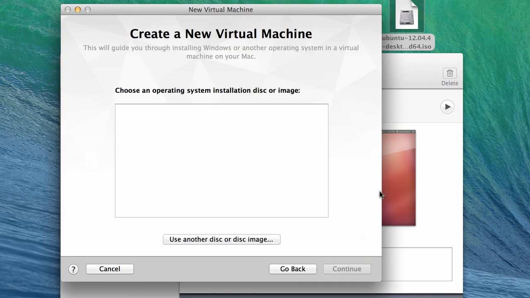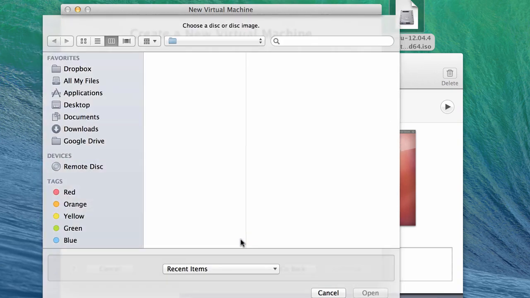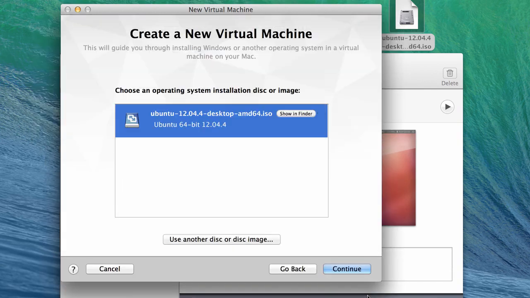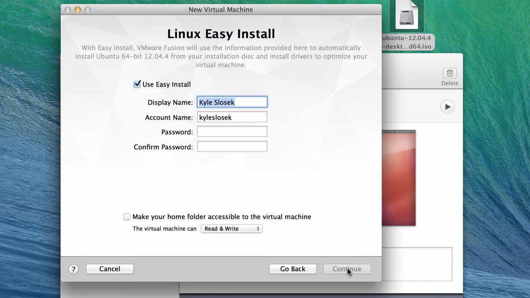So we'll hit continue, and you can see on my desktop I've got an Ubuntu ISO, so I'm going to select that. Go to my desktop, click on the Ubuntu, and you can see it recognizes the ISO as Ubuntu 64-bit. We'll continue, and we're going to use the easy install. A lot of the more popular versions of Linux and Windows have this easy install feature in VMware, which basically means that you just set up all the settings here, name and password, and it does the rest for you. So I'm just putting in a password,